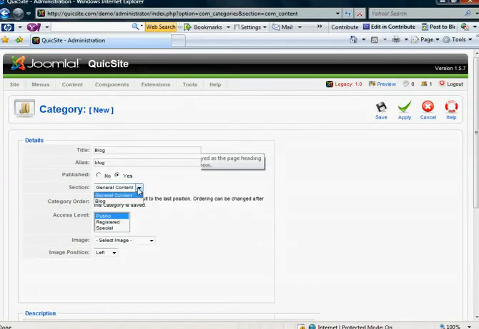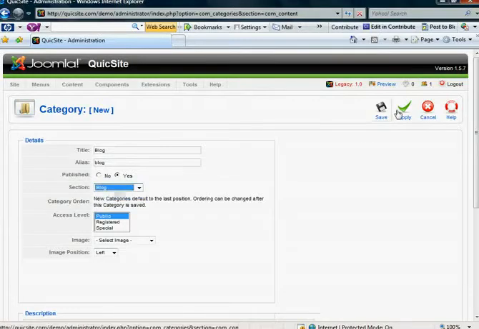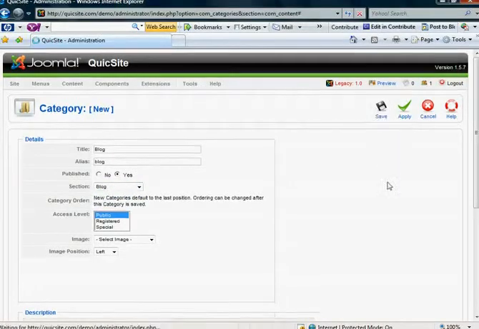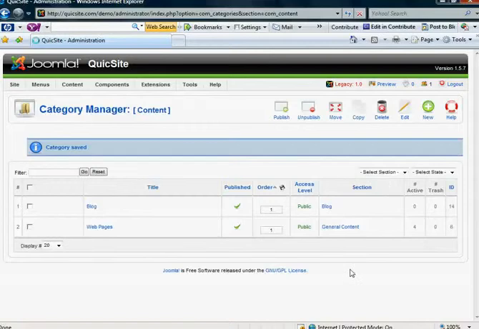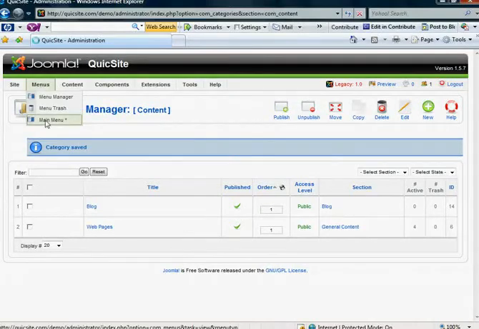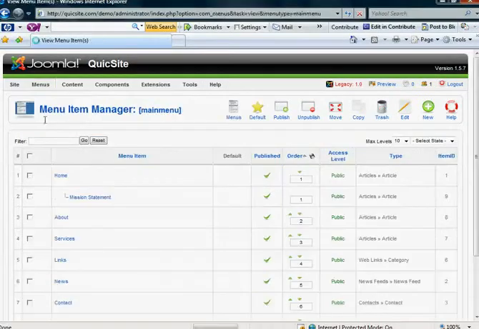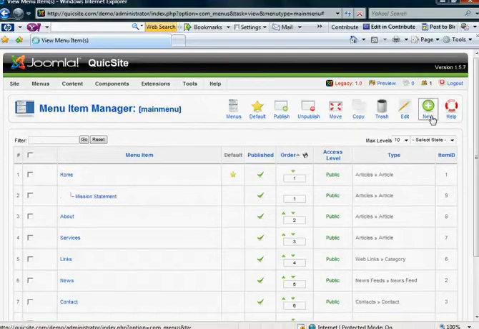and I want to be sure to place it in the blog section that I created in this drop down box here, and hit save. Next, what I'm going to do, and you'll see how this all comes together here in a moment, is I'm going to come over to my menu and go down to main menu, and I'm going to go over to new menu item,